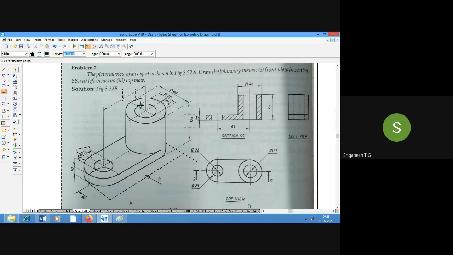Then what about this circle diameter that we have? It is 25 diameter. And then here you have a cylinder which has a diameter of 46.